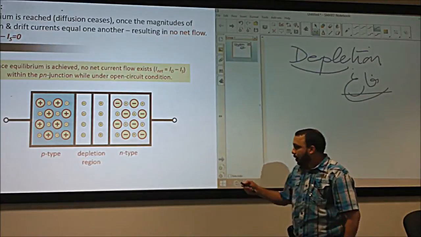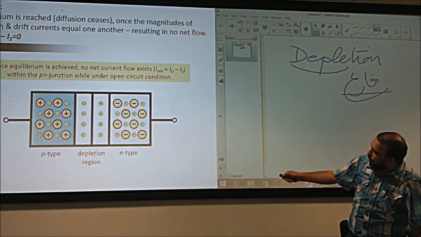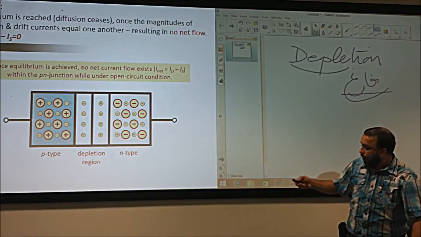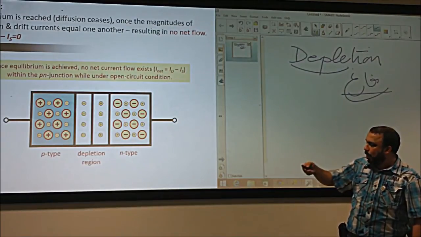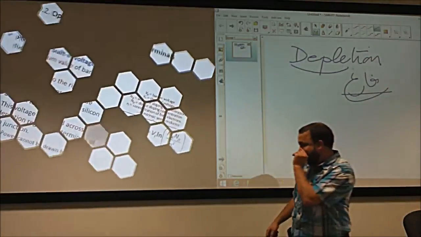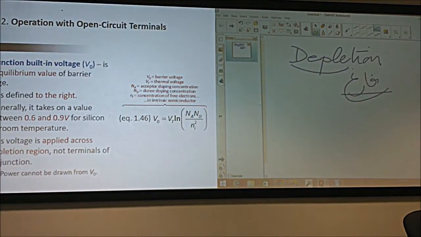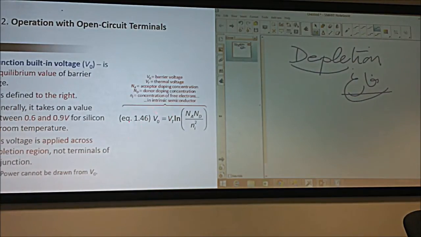Now, I have a question. That voltage that we have in here depends on what exactly? That's what we are going to see in the next few slides. And that voltage we call the barrier voltage. Why? It's a barrier, it's stopping something. So that voltage, the electric barrier voltage, V0,